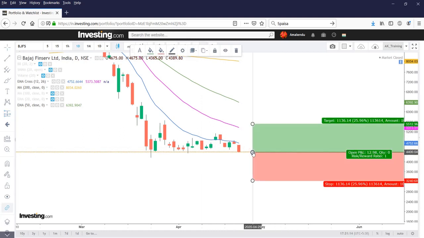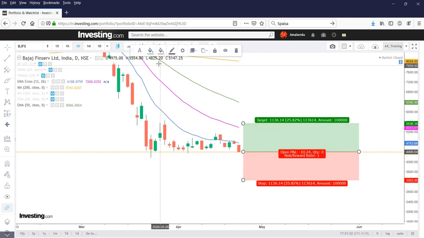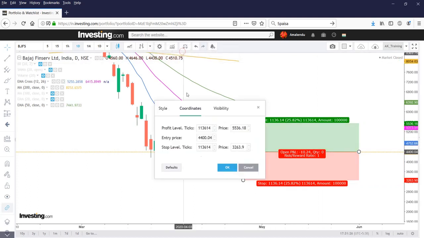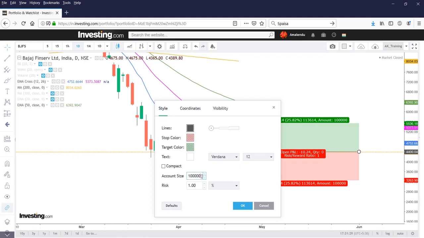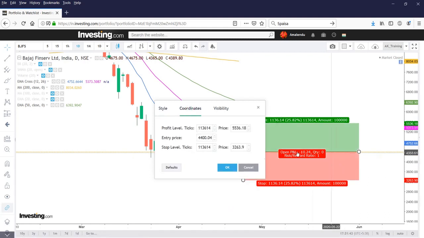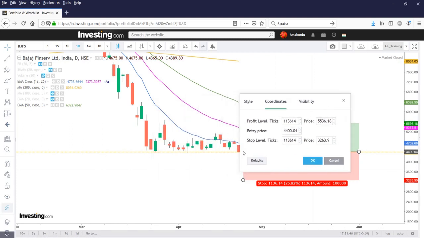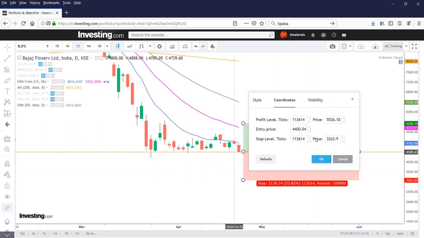As you can see here, it gives me the tool. Now I'll go to the properties over here, and then I'll set my account size accordingly. So I'll make it 100,000, and also the risk accordingly. So it's just 1% of risk that I am taking. Now I'll go to the coordinates. So now we know that the entry price is basically over here. So 43.50, let's say, is my entry price, and we are targeting 51.00, and also the price